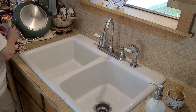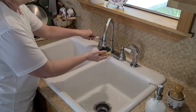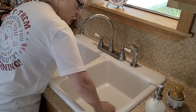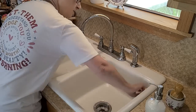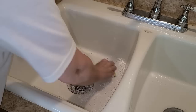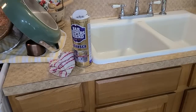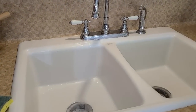Okay, now that my dishes are done, let's clean the sink real fast. I really needed to clean my stovetop today, but it didn't get done in today's video. Just having a white porcelain sink, I have to clean this pretty often. Okay, so since I have a white porcelain sink, I have to pretty much clean this son of a gun